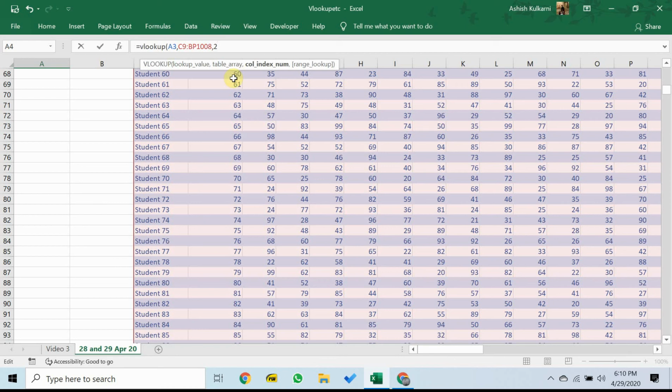And finally, range lookup, if you will note, is written in square brackets. That in the world of Excel means it's an optional argument. But really what it is asking for over here is whether we want an approximate match or an exact match. If you're searching for student 62, will student do or does it have to be student 62? Because we're using drop-down arrays, there is never any confusion or a chance of a spelling mistake. It is always going to be an exact value. So we choose false or 0.